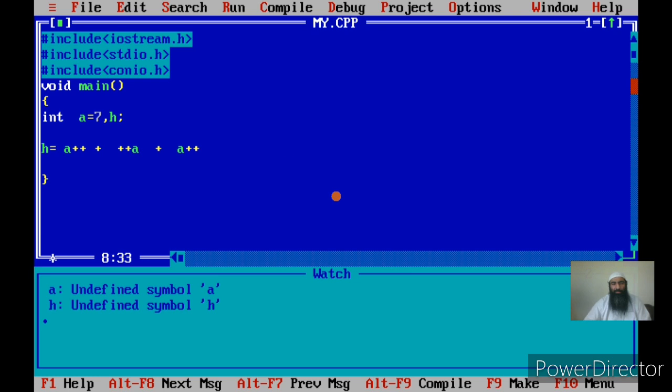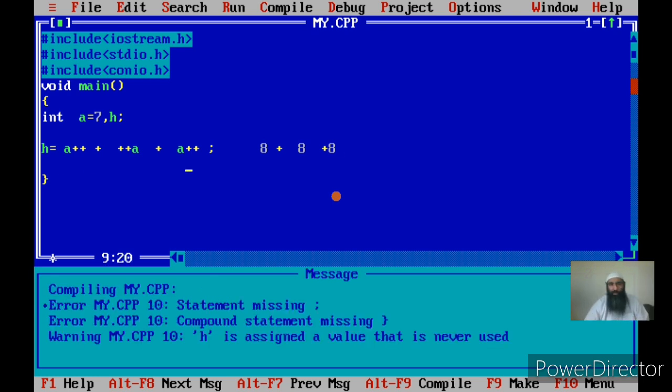So I'll show here what this means. So the value of A is incremented first, so it becomes 8. Now what are the values of A at the 2 other places? They are the same, because A is the same, so 8 plus 8 plus 8, and that should be assigned to H.